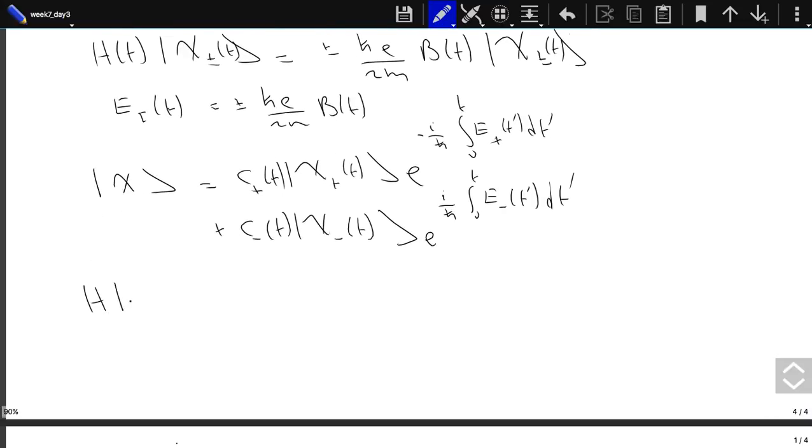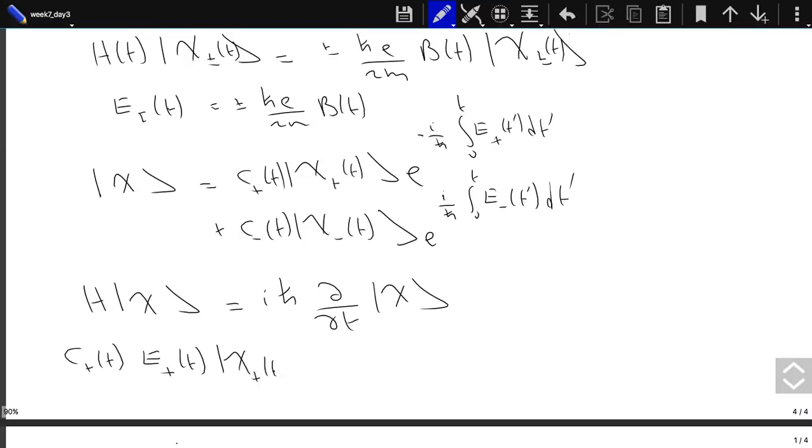So the equation I'm trying to solve is this one. Let's see, H acting on chi, H is a spin operator, this is C plus of t. Now, H acts only on chi plus; it only has the magnetic term and the Pauli matrices, it doesn't have any derivatives, etc. So it only acts on these states, and that would give me E plus